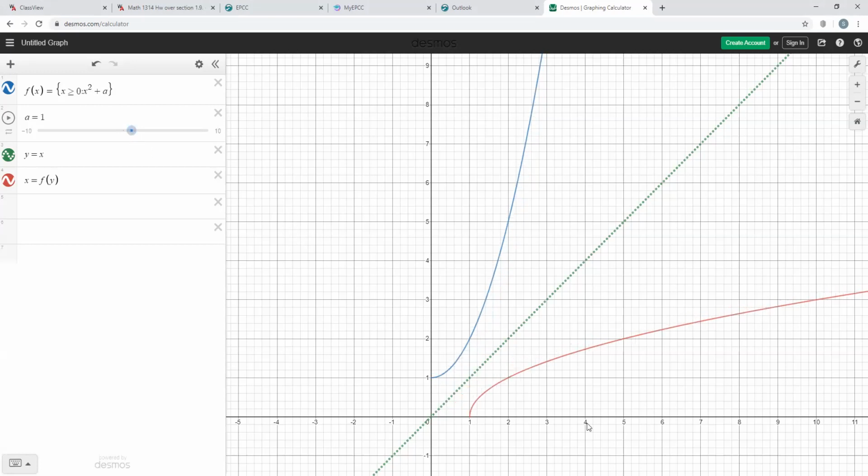So this blue graph is the x squared plus 1. And now its inverse is this red one still. That's this part. Here's the reflection line. And so notice this graph reflected over the reflection line gives you the inverse graph. Or another way to think of it is, if you pick any point, here's the first point on the f of x. When you reflect this over the reflection line, y equals x,